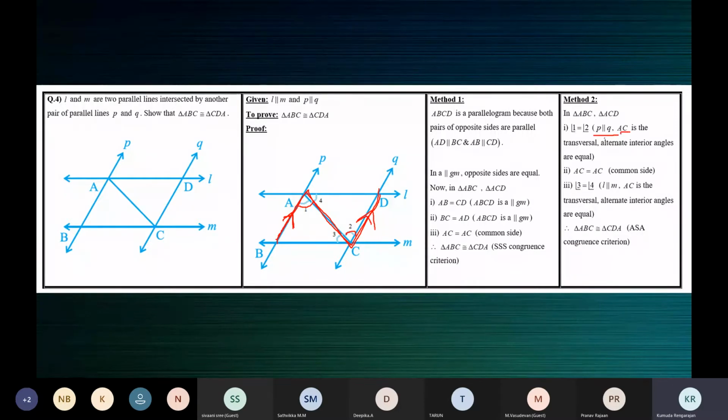AC is a transversal. P is parallel to Q and AC is the transversal. See, this is the transversal. Alternate interior angles are equal. And then